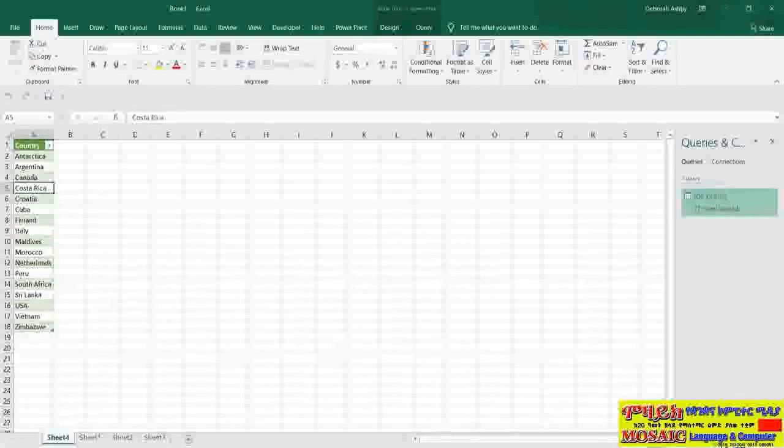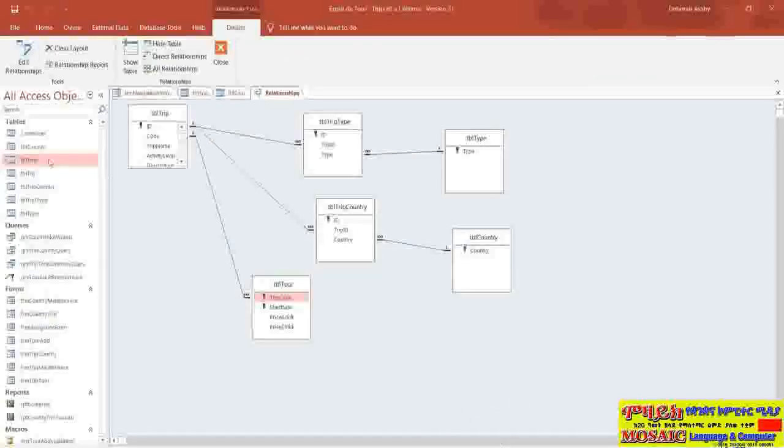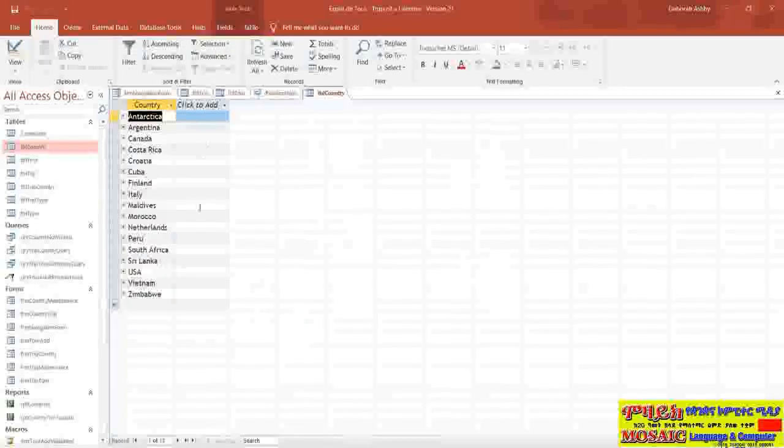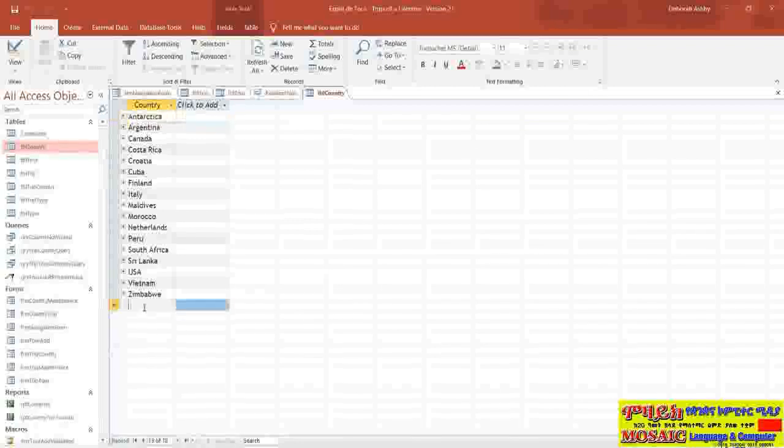Let me quickly open the Access database again. And this time I'm going to open the country table. And there are those same countries. Let me add a new country into the bottom. So I'm going to add the UK. Let me close this database